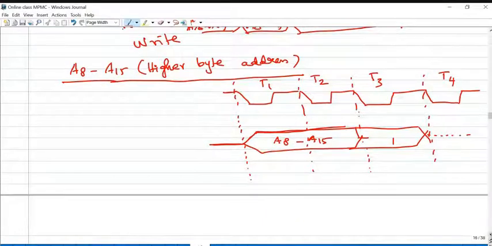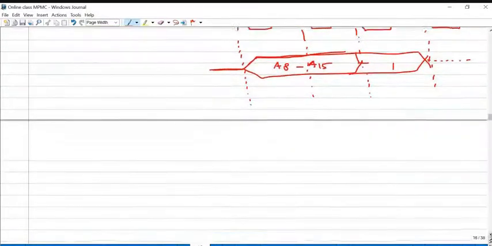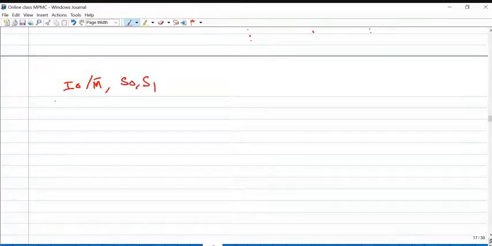So what are the other signals we require to draw the execution cycle? Some status signals, input, output, or memory related operation, that is S0, S1. Already in the table I explained to you, opcode fetch. Opcode fetch is similar to reading data from memory, so that is related with the memory operation. Then memory read, memory write, IO read, IO write.